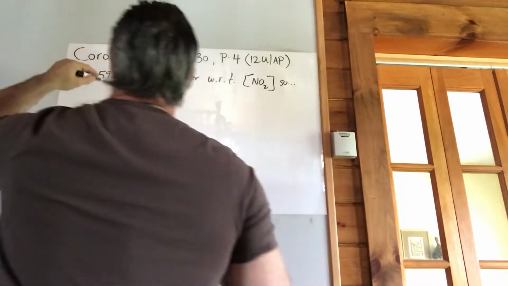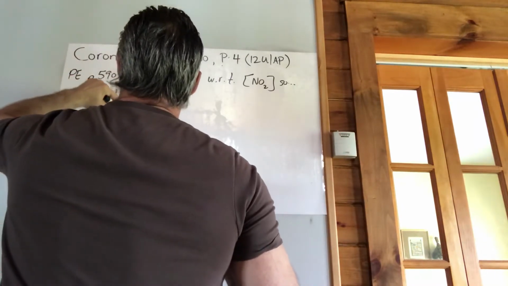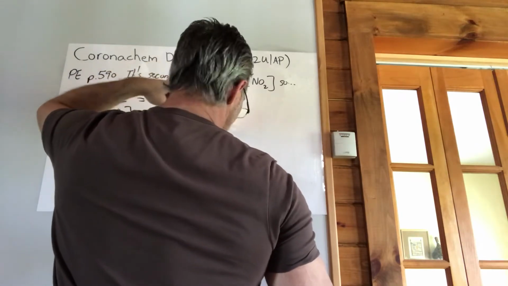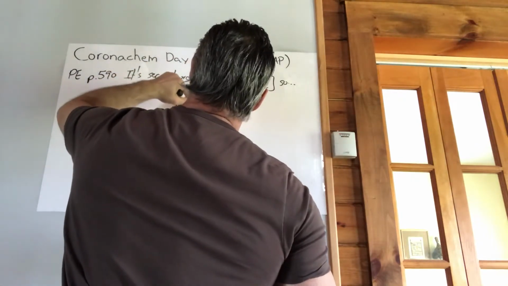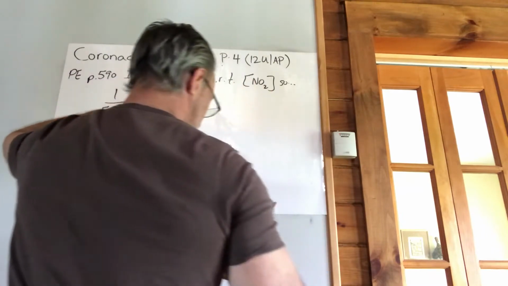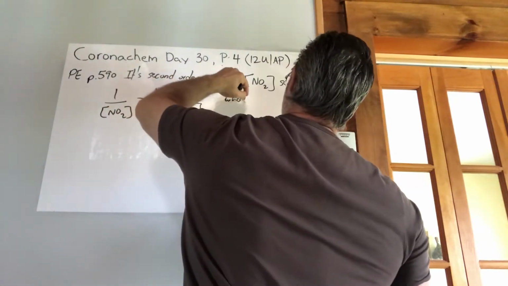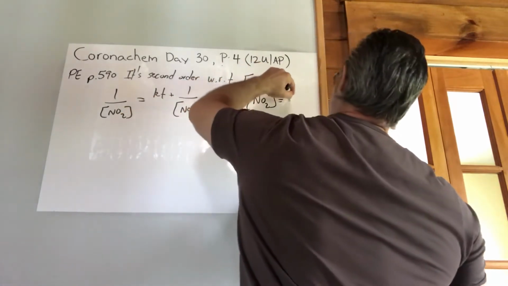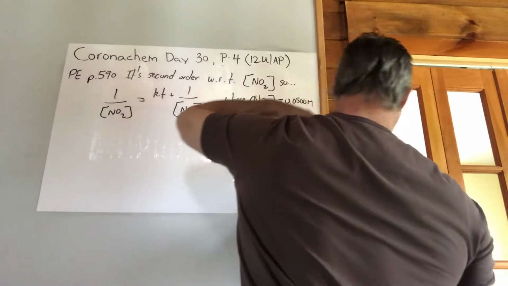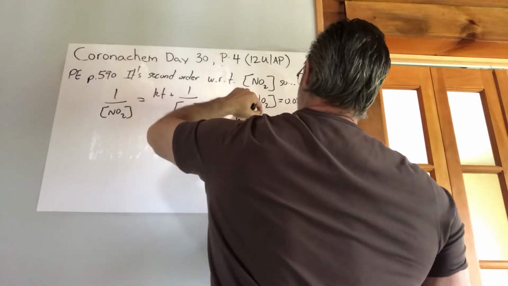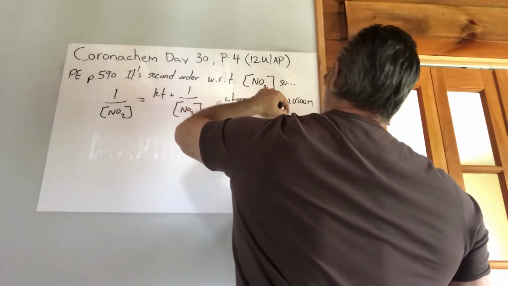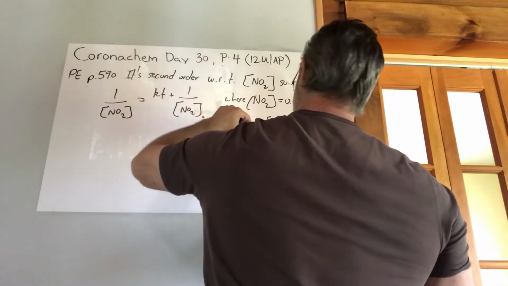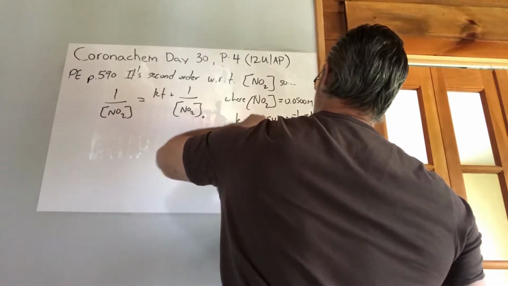So we can say 1 over the nitrogen dioxide concentration is equal to KT plus 1 over the nitrogen dioxide concentration at time 0, where the nitrogen dioxide concentration is equal to 0.05 molar, K equals 0.543 molarity to the -1 seconds to the -1, and time is equal to 0.5 hours, or if